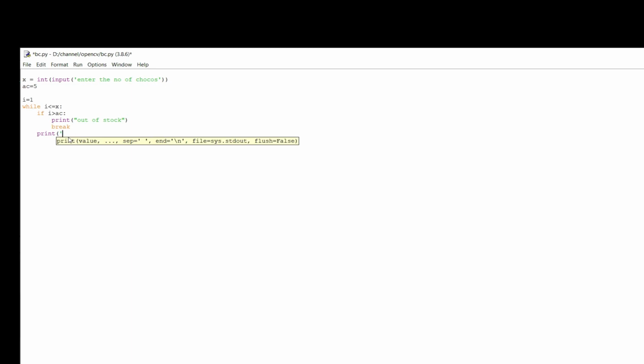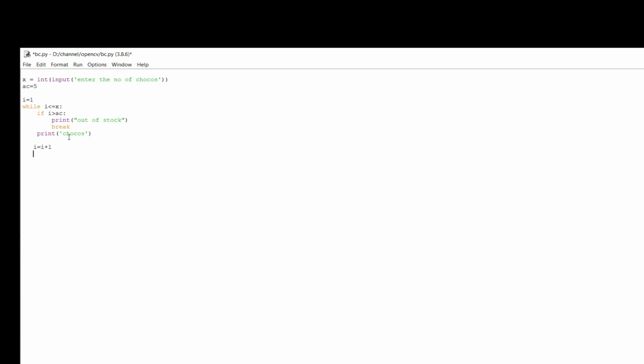And finally you need to print the chocos. How many do you want? Chocos, right? Then I de-indent one tab space, and after that I need to increment the value of I: I equals I plus 1. Correct, right?